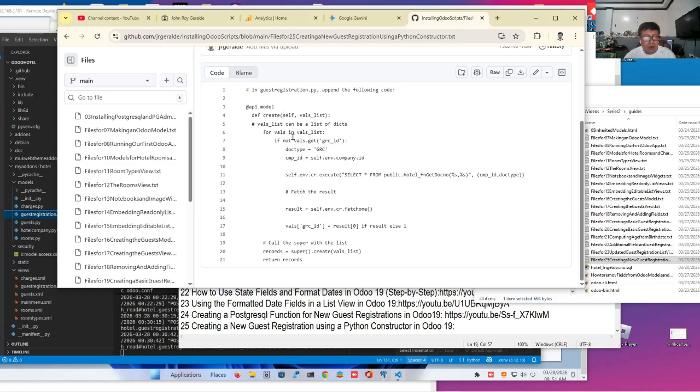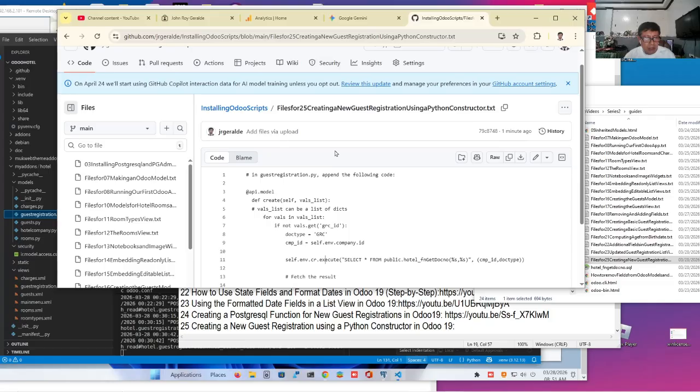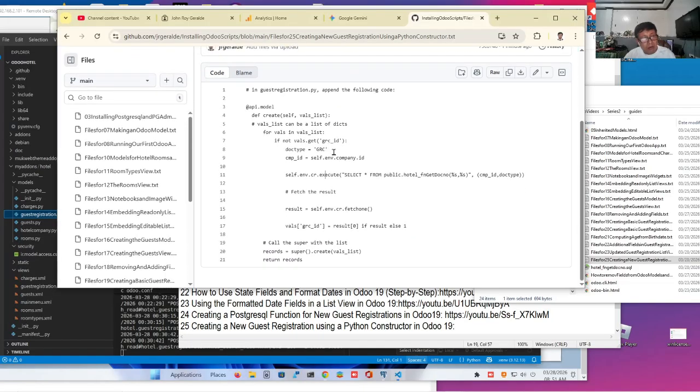For now we have a for loop. If you don't have a guest registration ID, we are going to get it by calling the fn_get_doc_no. The doc type, which is actually in Python, you declare a variable on the fly. So therefore, our doc type is grc, and our company ID is the current company ID being used. Now, this is how to call